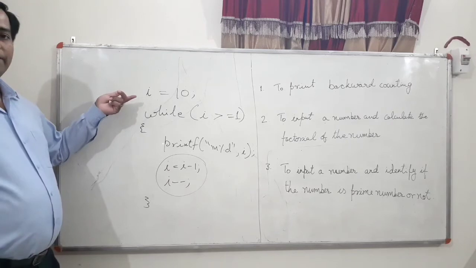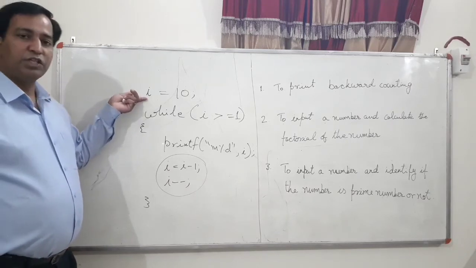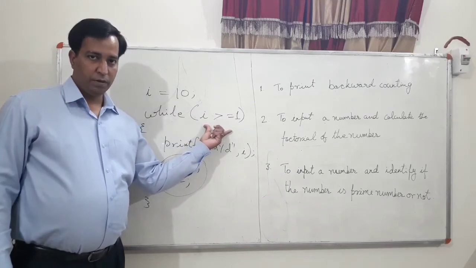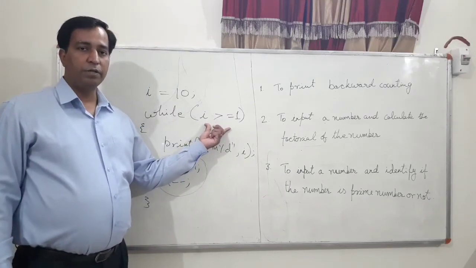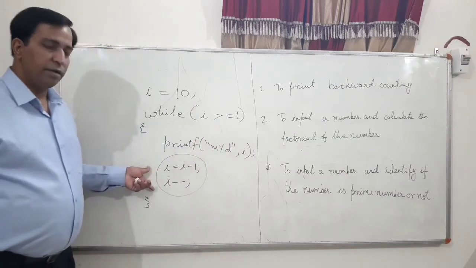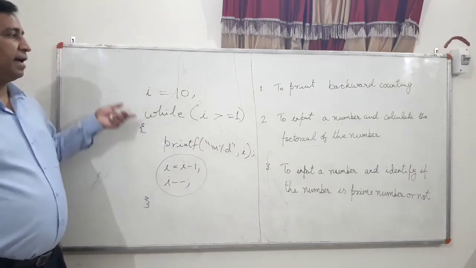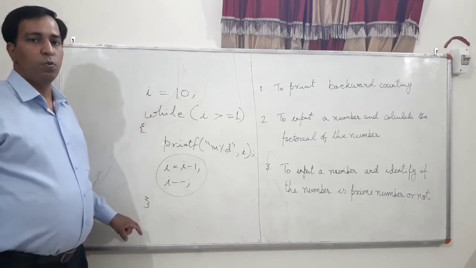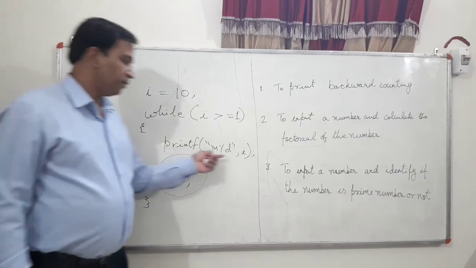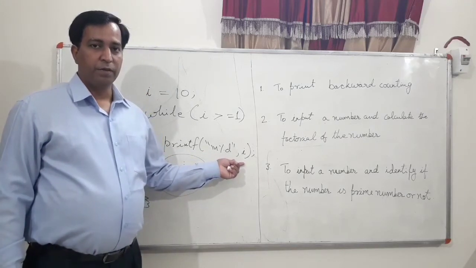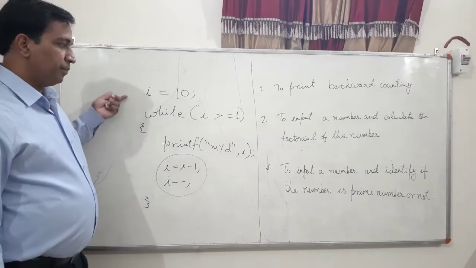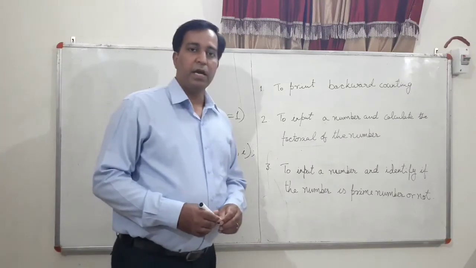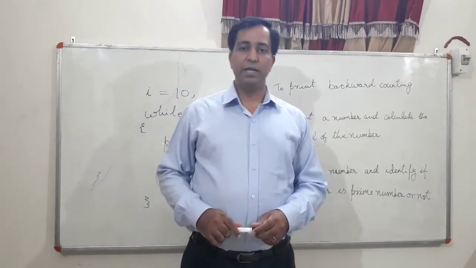So you can see here that we have initialized our counter. We have given a condition to our counter, right? The expression is made out of the counter, and then decrement has been done because as per our program's requirement, the counter should be decreased by 1, right? And the counter's value can be printed. This is how we are going to have backward counting with the help of this loop. Now let's see how this program will run in the computer.